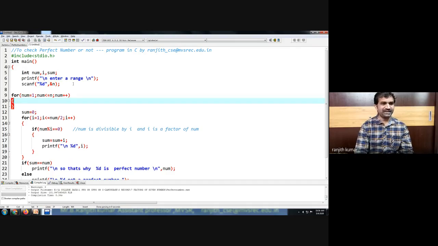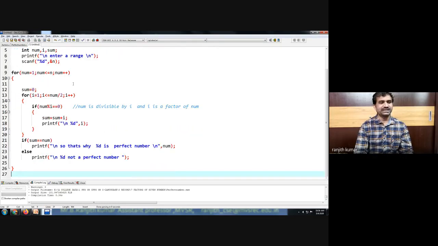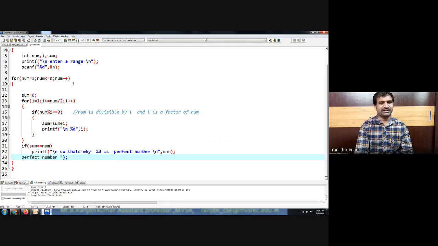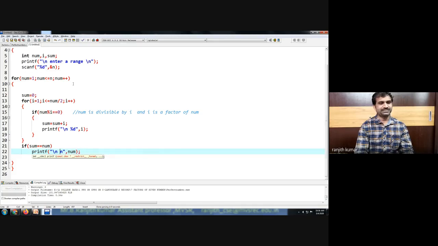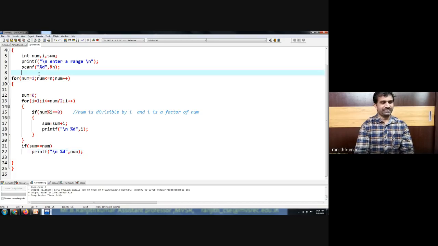So what is happening here? We are checking each and every number whether it is a perfect number or not. We don't want to print "not a perfect number" here. We are just printing the list of perfect numbers. So let's close the double quotation: range of perfect numbers are